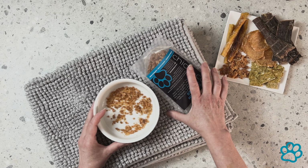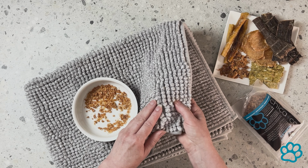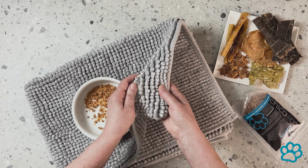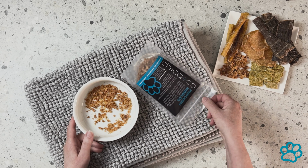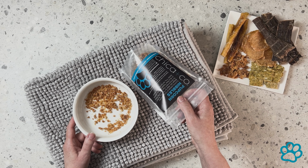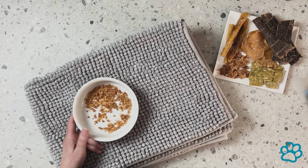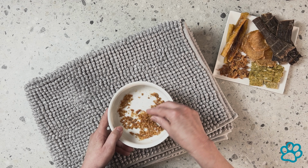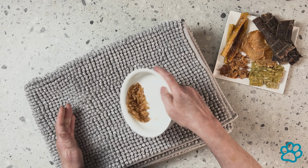So bath mats are great. You just need to pick a really cheap one, say from Kmart, like this one here. The key thing to look for with these things is the depth of the pile. You want them to be fairly shaggy, okay? So we're using popcorn nibbles today, literally our product designed for this sort of style of enrichment feeding. It's double dehydrated chicken breast, very simple. But what you can do with this is it crumbles up really, really small and fine. So simply sprinkle it all over the mat